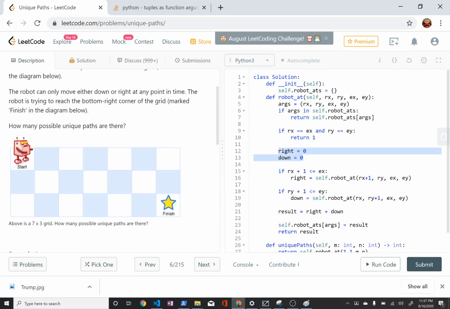I initialize them both as 0. And then I say if rx plus 1 is less than or equal to index, so if the robot's current position pushed 1 to the right is smaller than the end value, then we're going to evaluate this. This is just a check to say, if the robot's on the far edge, we don't want to consider his rightward motion, because it wouldn't make any sense for him to keep going right if he's already on the rightmost edge. And so there what we do is we just recursively call